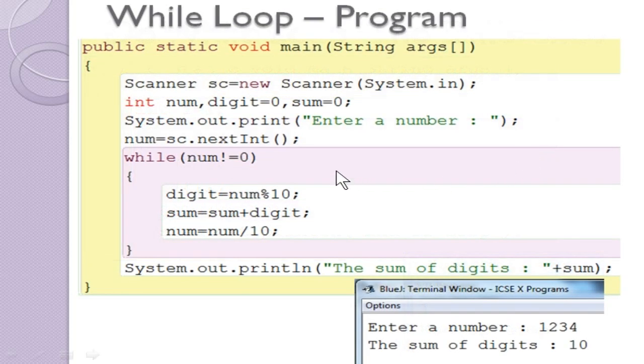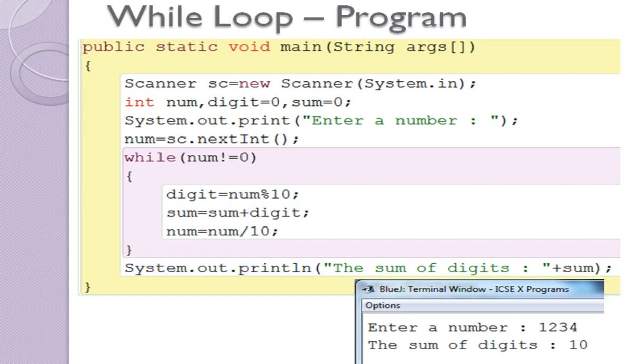Now we are going to see with an example how the working of the while loop will be. This while loop is not used for a fixed number of iterations, not like the for loop. A for loop is used for a fixed number of iterations. You should know the start value and end value.